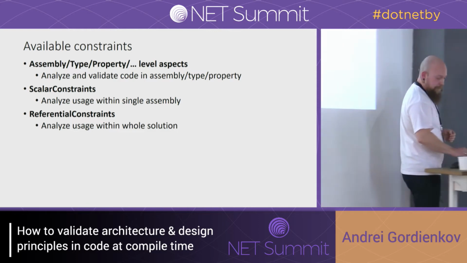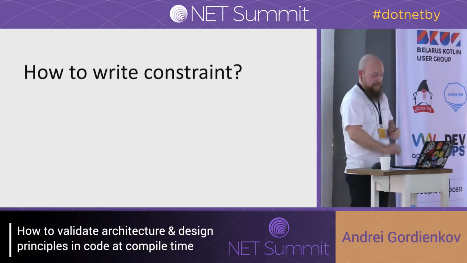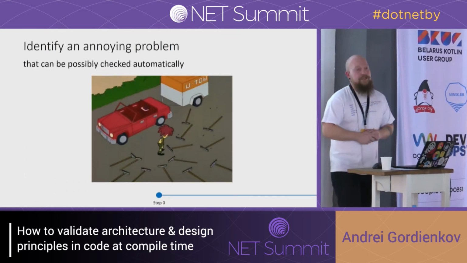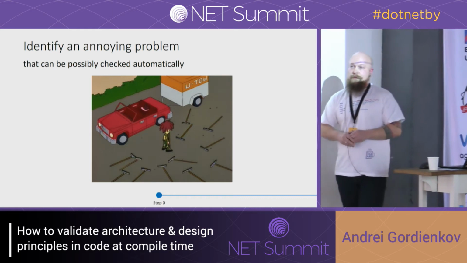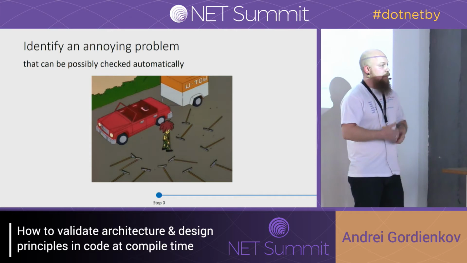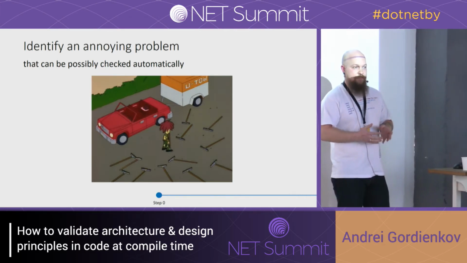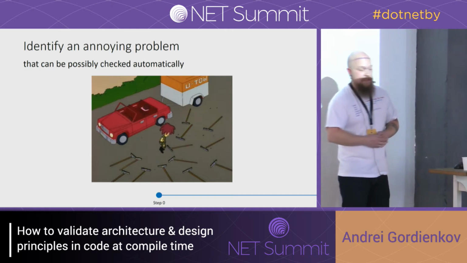I'm going to provide you a few examples, but first, how to write this. First, you have to identify an annoying problem that's really bothering you. And all the next examples will be from real life, that I'm trying to implement and bring to a project,